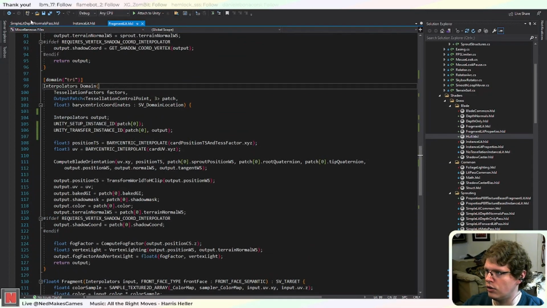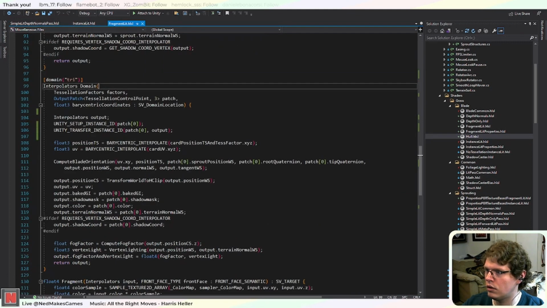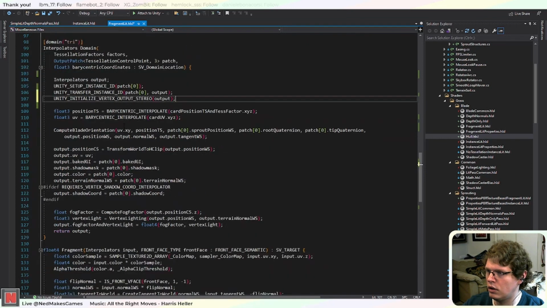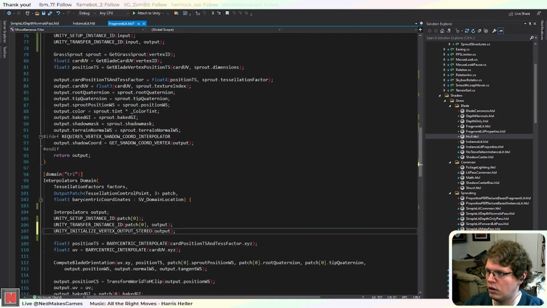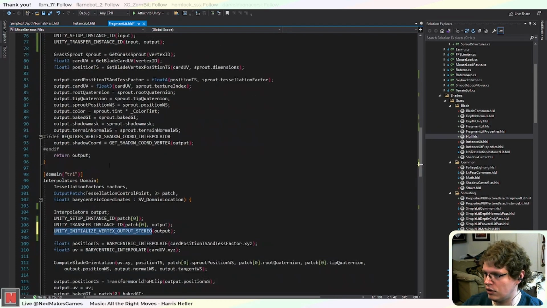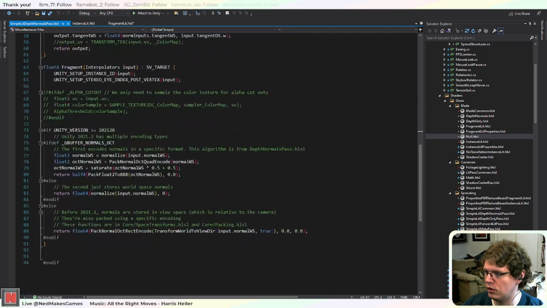Okay, and I need to initialize the stereo output. Yeah, I wish I knew what this did, because I don't know for sure if I need to put it in the tessellation stage or the vertex stage, but